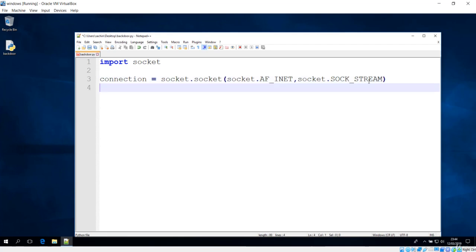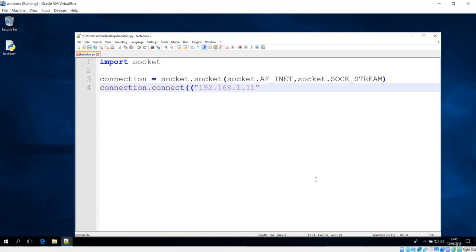So let's go down now. The first step is just having this connection. Now we have to use that connect method, and that is done through this connection object, so let's call this connect method now. This connect method will take a tuple, and in this tuple the first thing will be the IP. This will be the IP of the client, and the IP that I'm going to connect to is the IP of the server.